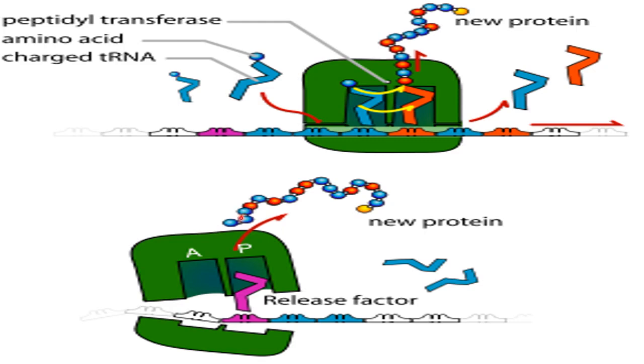Okay, and the polypeptide chain will get detached from the tRNA. So here you can see this polypeptide chain has been released. It will be released in the cytoplasm, and these are release factors which are responsible here for the stopping of the translation process. Okay, so at the end, polypeptide chain, tRNA, subunits of ribosomes, mRNA, all these will get detached from each other. Okay, so these are two subunits of ribosomes which will get detached and will be ready for the next round of translation, and this is the released polypeptide chain.